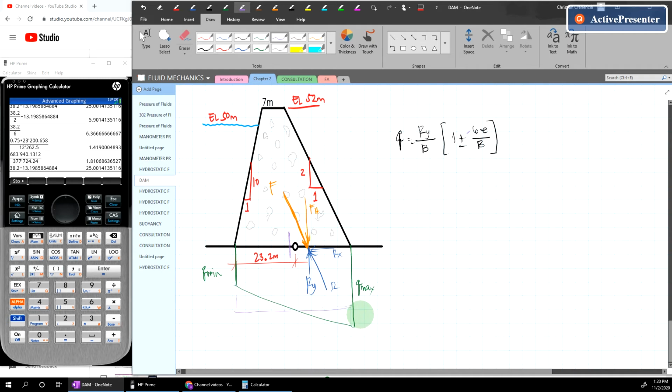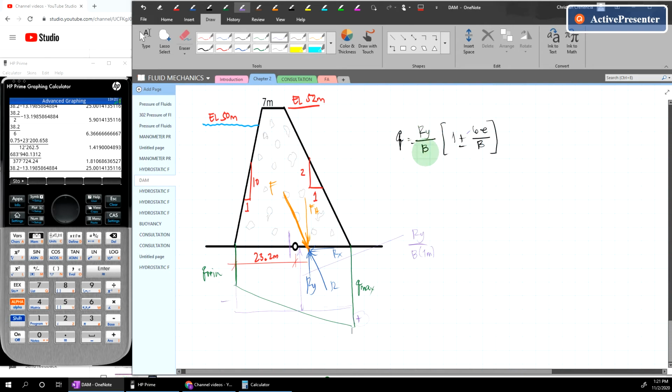So, ito kasing height na to, yung pressure na to is yan yung ating Ry over B. So, again, meron talaga yung 1 meter, para maging force over area, para maging stress. Okay? Then, pwede siya madagdagan and mabawasan depende dun sa side na kino-consider natin. Okay? So, solving for maximum, so obviously, i-add natin, so kailangan naka-positive tayo dito. Then, solving for the minimum pressure, so kailangan natin bawasan yung value nitong normal stress natin na Ry